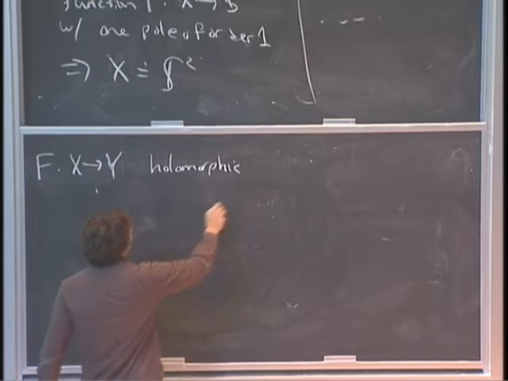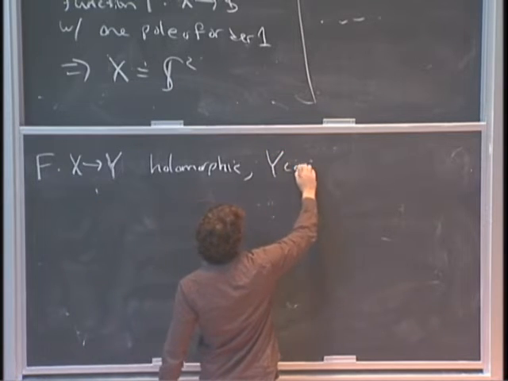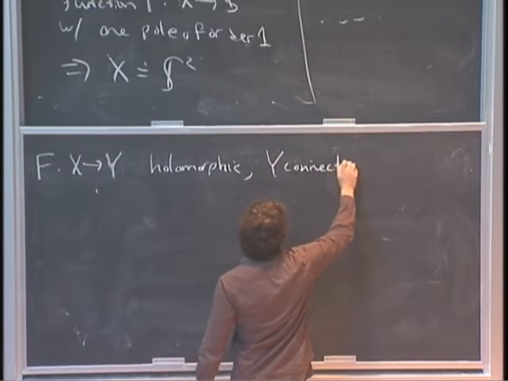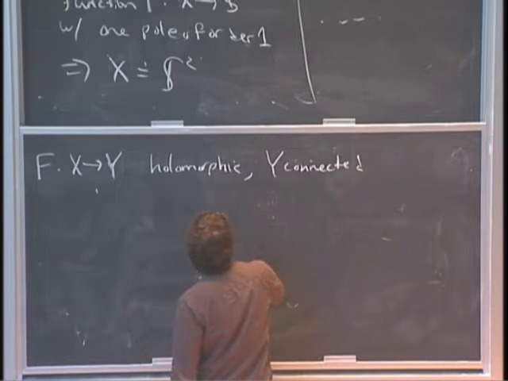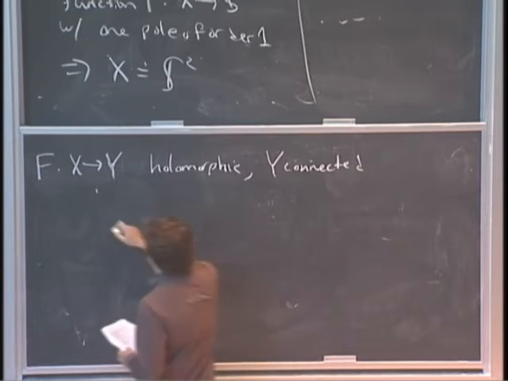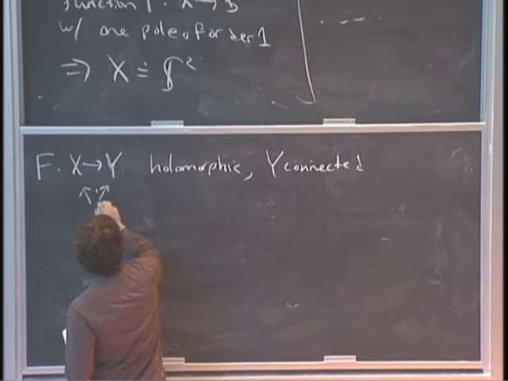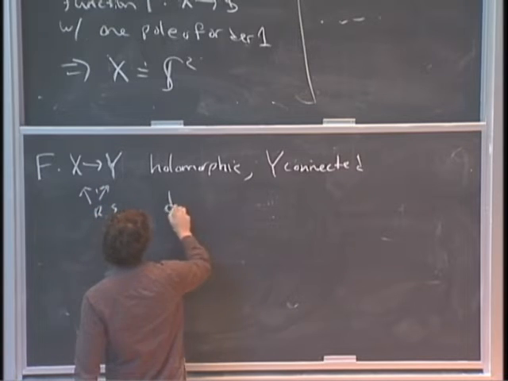Now we're going to assume Y is connected. Of course, these are Riemann surfaces. And we're going to let D be the